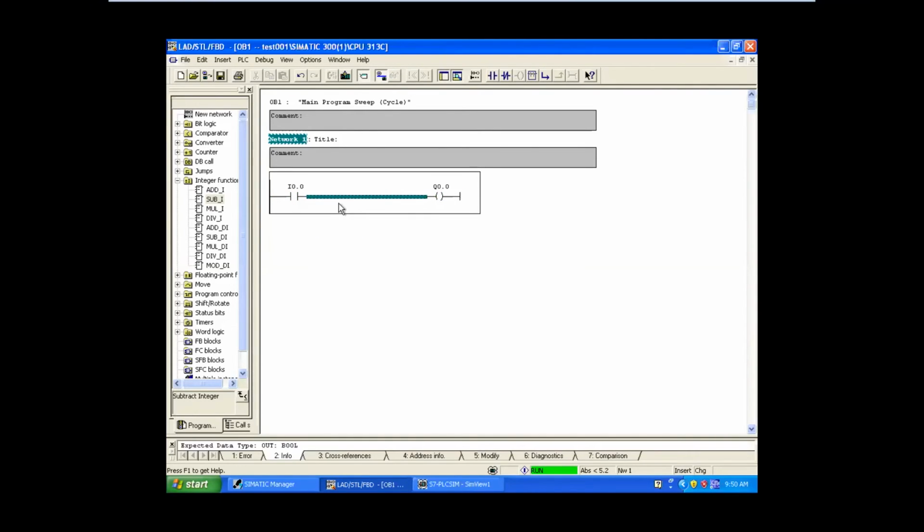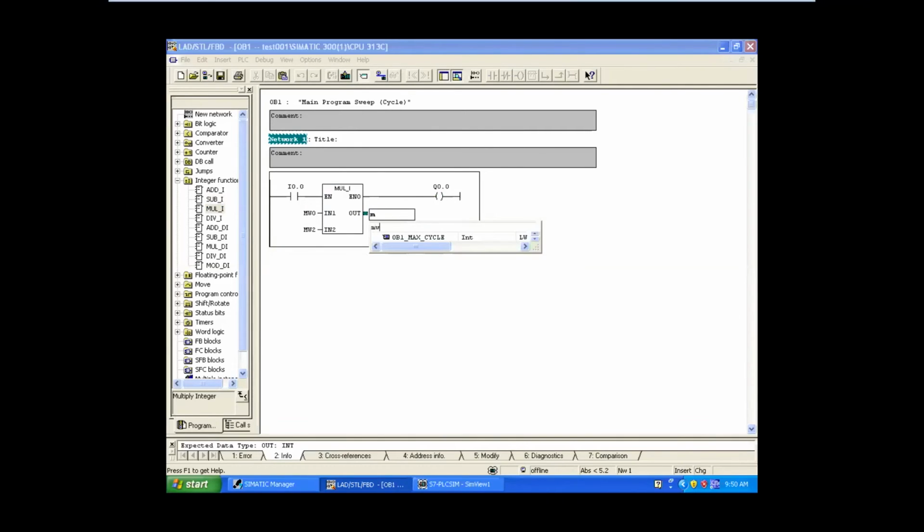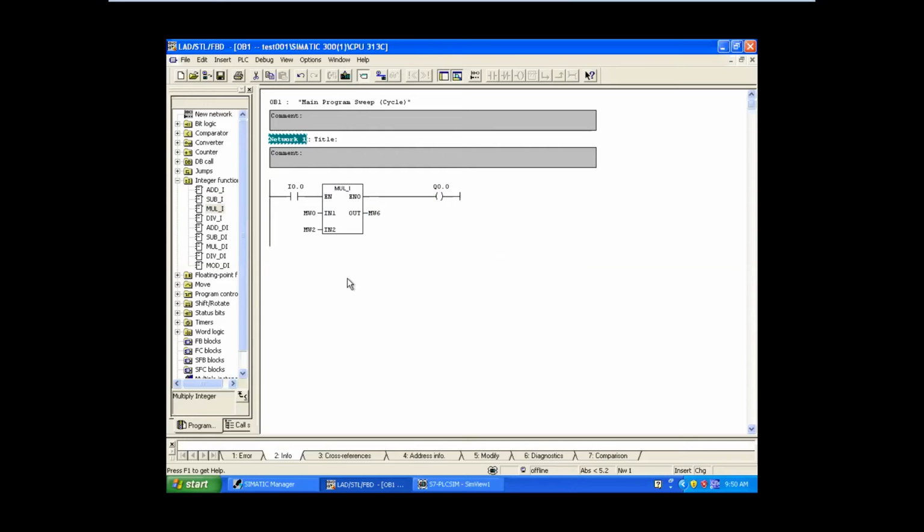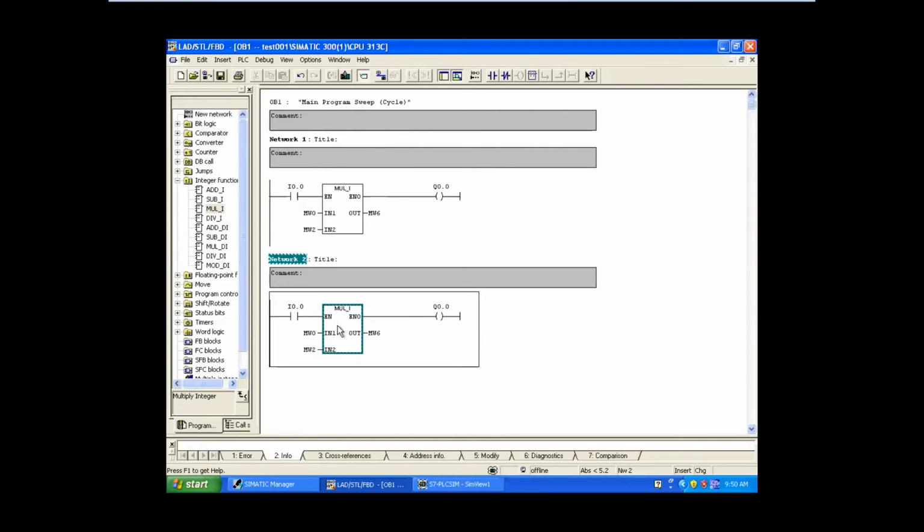I'll take multiplication. I'm going to give MW0, MW2, MW6. Let's perform another function also by putting another rung. So instead of this I'm going to put division.